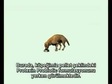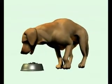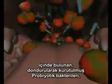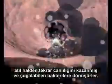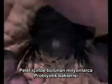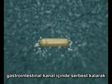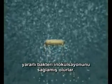Our dog is consuming the Protexin probiotic formulation in the form of pellets. As it is swallowed, the pellet comes into contact with moisture, and thus the freeze-dried probiotic bacteria revive from their dormancy state and become viable, living, replicating bacteria. The many millions of probiotic bacteria contained within the pellet are released into the gastrointestinal tract as an inoculum of